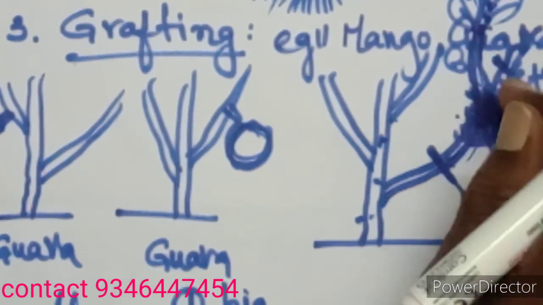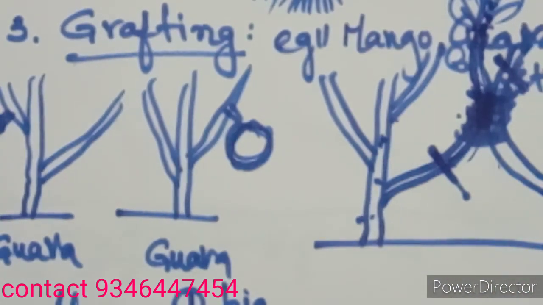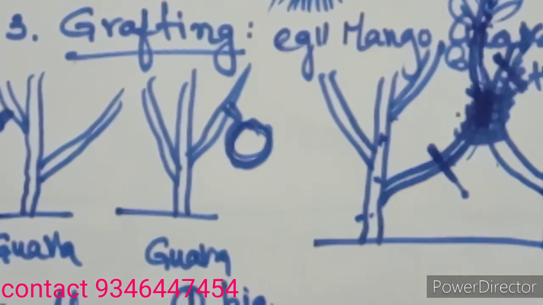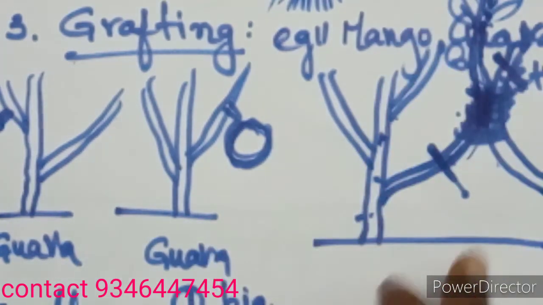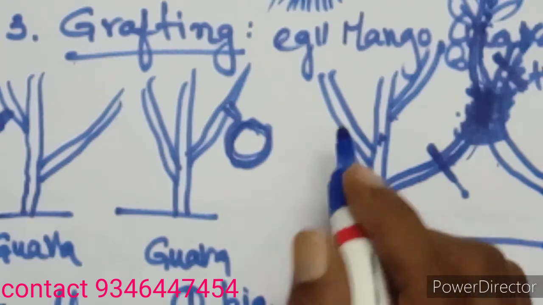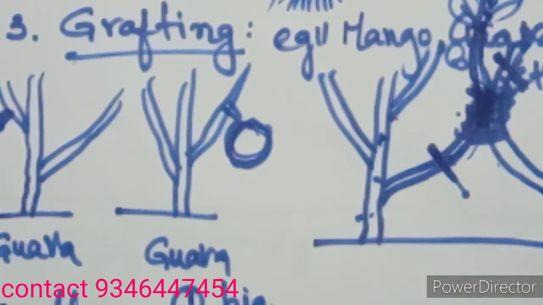So this method is called the grafting method. If we want desirable characters in any species of plants, then two varieties of plants are to be taken. Then the two varieties are mixed or joined together, preparing new characters in them. So this method is said to be the grafting method.